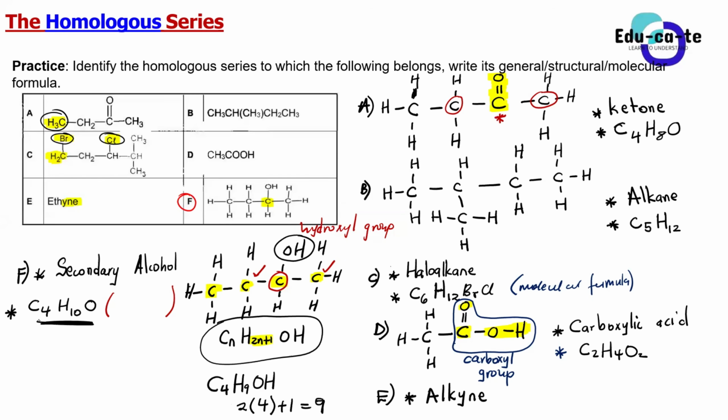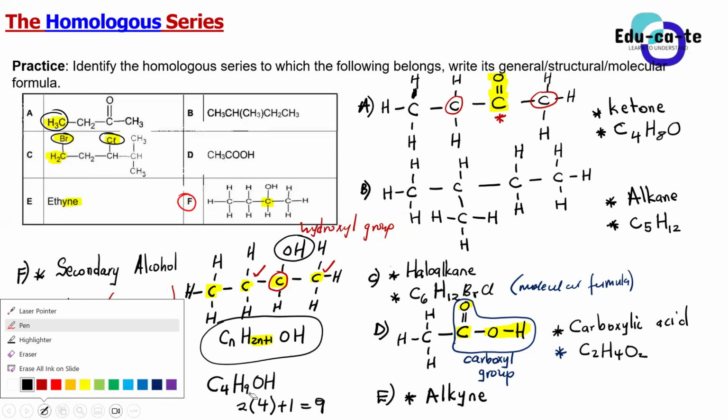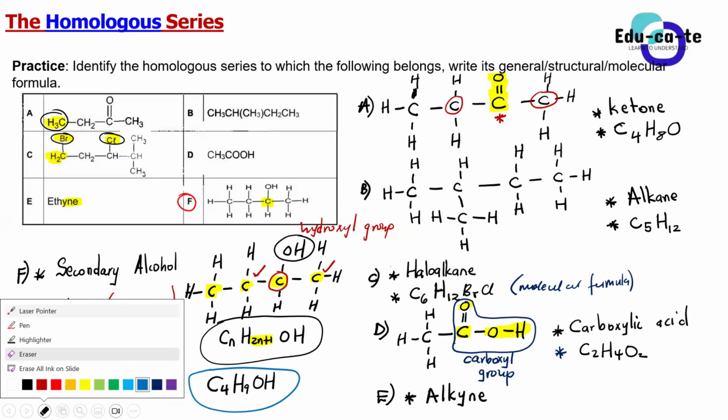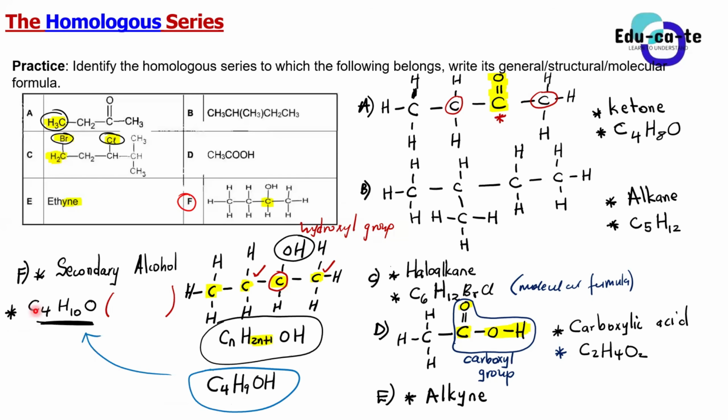Guys, this is the same molecular formula. You can see that this molecular formula that we have obtained here, C4H9OH, is the same as this one. The only difference is that we just removed one hydrogen and placed it next to oxygen. It shouldn't change, because if you count the number of carbons in the first molecular formula, we're having 4 carbons. Even on this one, we're also having 4 carbons. Do you see that?